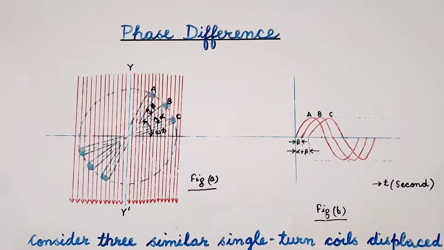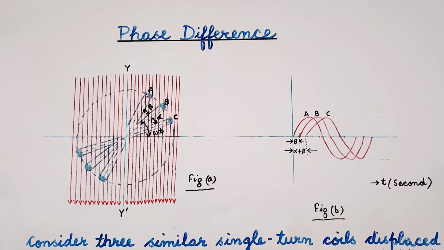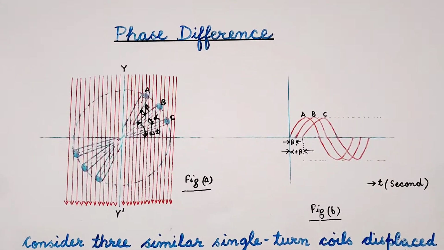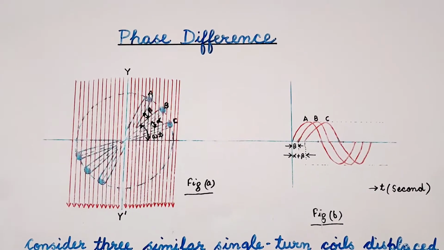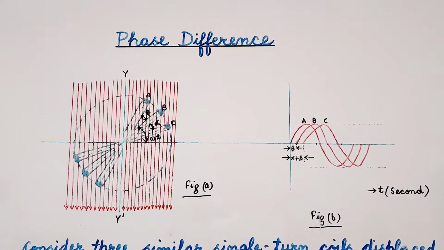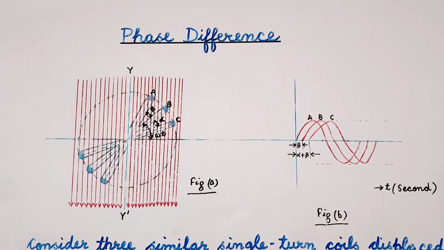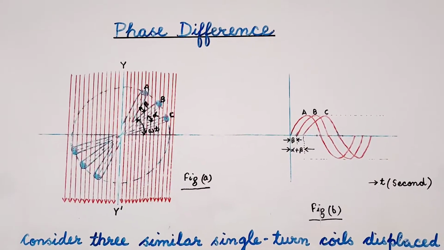Hello everyone. In the previous lecture, we discussed what is meant by the phase of an alternating quantity. In today's lecture, we will discuss what is meant by the phase difference. For this, let us consider three similar single turn coils which are displaced from each other by angles of alpha